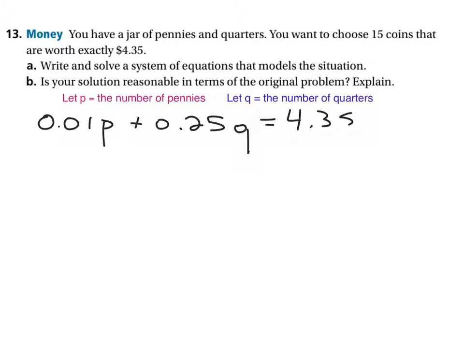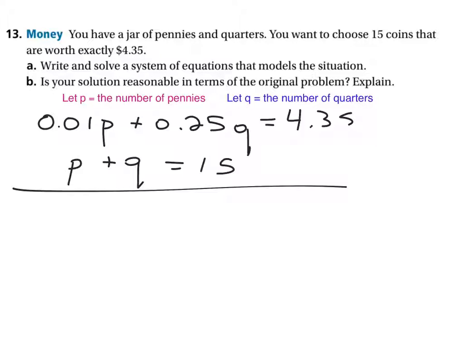Okay, and then the question becomes, what's the other equation? Well, the other equation is just how many there are. There is a certain number of pennies, P, plus Q number of quarters, and we know that the total number of coins when you add them together is 15, so that becomes the solution. Now, if you were to solve this,